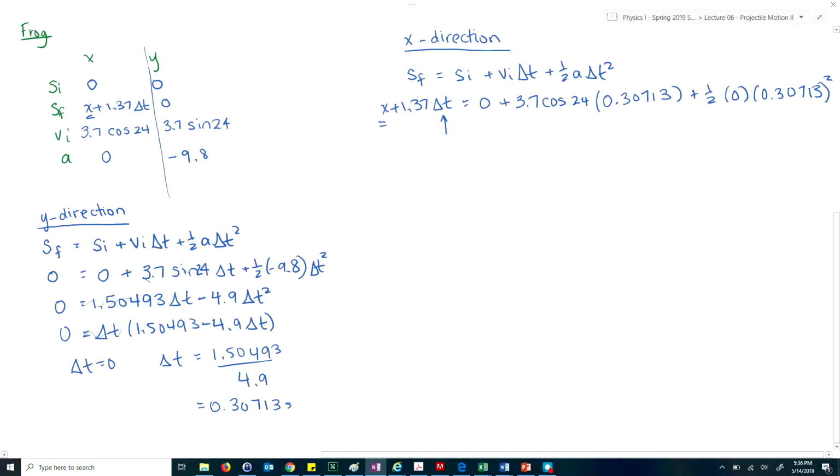Okay, so I'm going to simplify what I have so far. I have X plus 1.37 times 0.30713 is equal to, and on the right side I'm just going to type everything up. So 1/2 times 0 times anything is just going to be 0, so this whole thing goes away, goes to 0. So now I'm just typing 3.7 cos 24 times the 0.30713, and I get